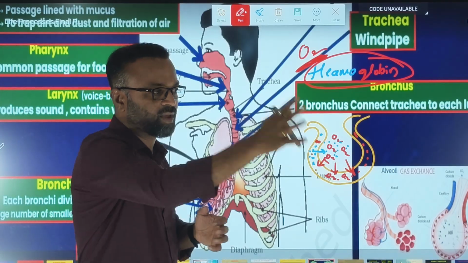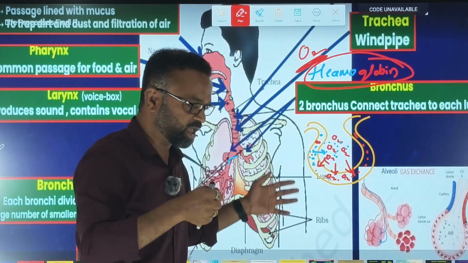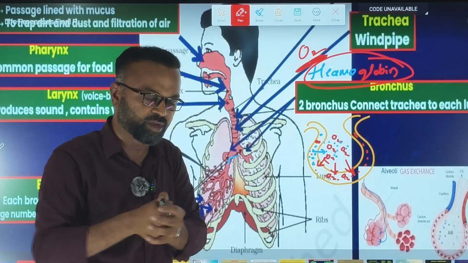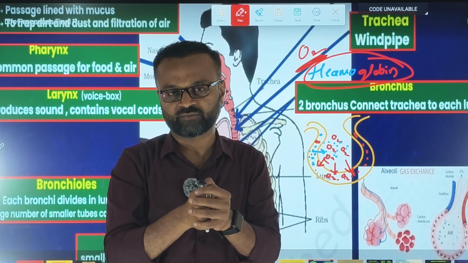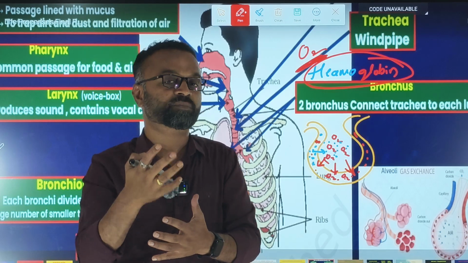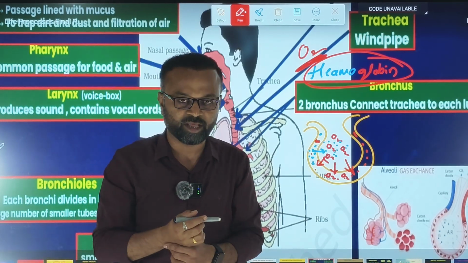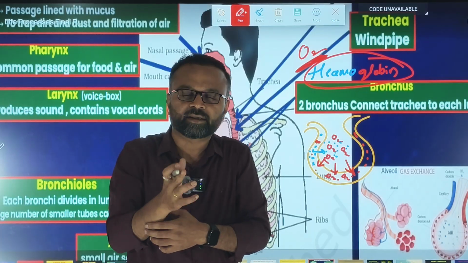Now RBCs are going in the blood to all the parts of the body. When the RBCs are going, they will take this oxygen, bind with it, and it will start moving to all the parts of the body. That's the reason sometimes in your homes, if your moms tell you, I am feeling a little bit of dizziness, whenever I work I am getting tired,